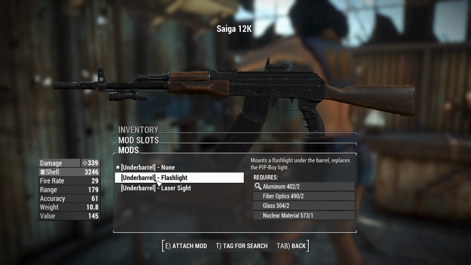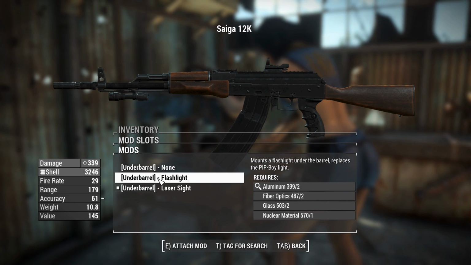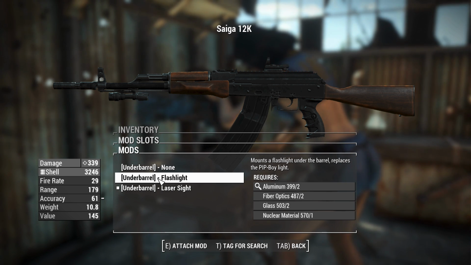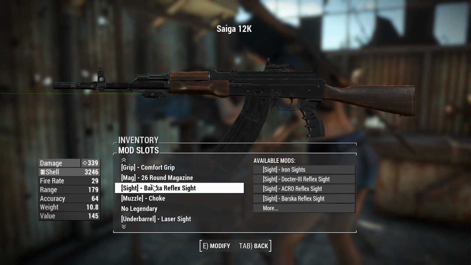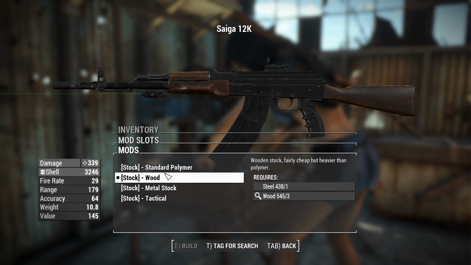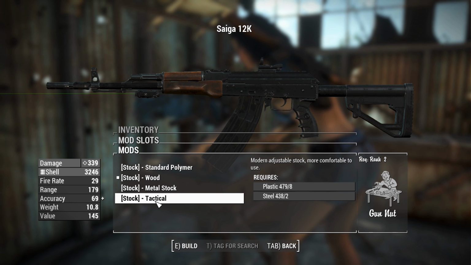Helpful in VATS, I suppose, if you want to squeeze every little bit of accuracy you can out of this. Flashlight is there because it's awesome. Shotguns, zombies, with a flashlight on the bottom. That's a good mix right there. So find yourself a pack of feral ghouls and you won't need to use your Pip-Boy light anymore. Very immersive. You can change the stock from polymer to wooden to metal stock, and with a tactical stock, which